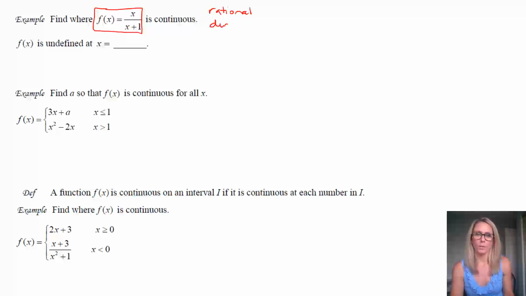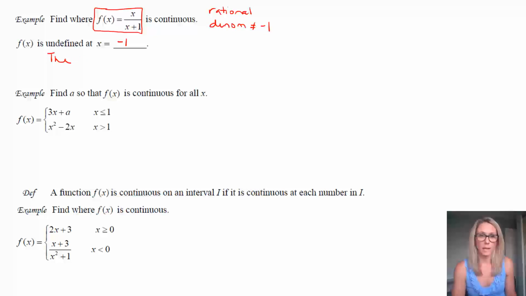What we know about rational functions is that we have a big issue when the denominator is 0. So we look and say, what would make the denominator 0? And that's going to be a value that's not in our domain. And that's what you want to understand about a rational function like this, every other value is fine. I can put in anything, but I can't put in -1 because then I'm going to divide by 0, and we can't divide by 0. There's an issue here with asymptotes. So f of x is undefined at x equals -1 because of that domain issue. And so we actually know just from that that that's the only thing that's going to give us a problem.